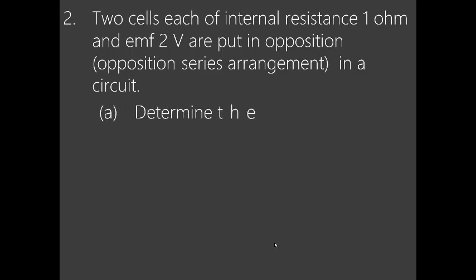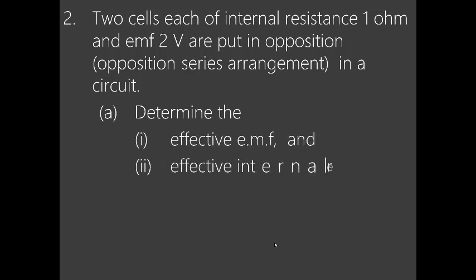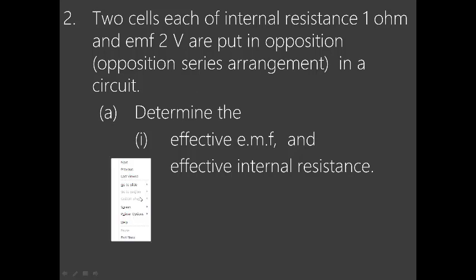Okay. Now, number 2, two cells, each of internal resistance 1 ohm and EMF 2 volts are put in opposition. That's the opposition series arrangement in a circuit. Determine the effective EMF and the effective internal resistance. Now remember, these are two cells. They have the same internal resistance and they have the same EMF, the two cells. To determine the effective EMF, because the two are in opposition,